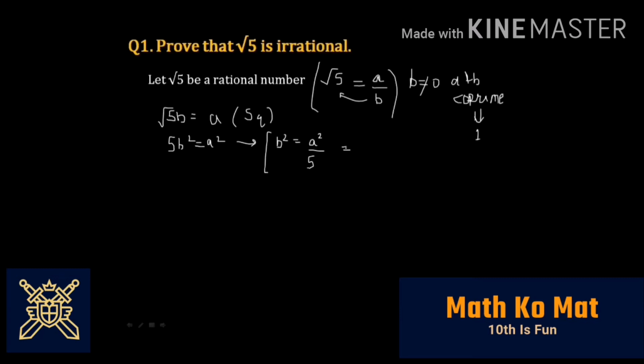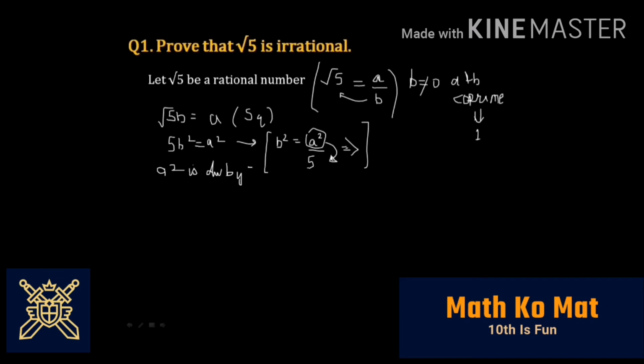So what does this mean? This means that a is some greater integer than b, whose square when divided by 5 will give you one square that would be of an integer. All this means that a squared will have 5 as its factor, because when you divide a squared by 5 you get some perfect square, that is b squared. So from this we have got that a squared is divisible by 5.